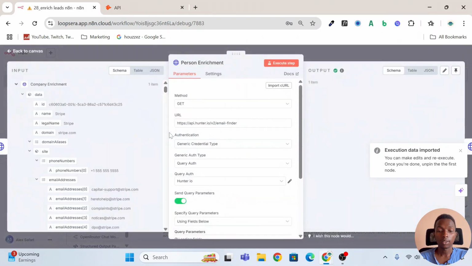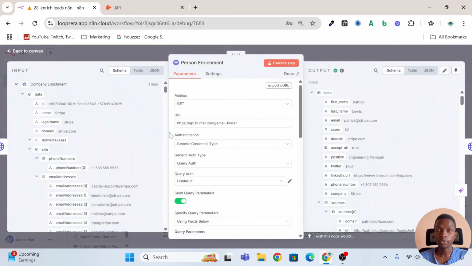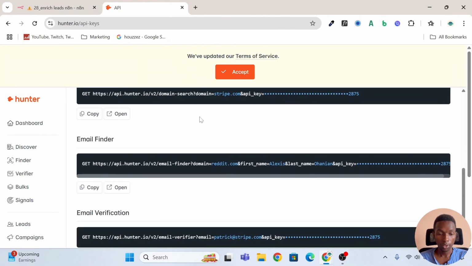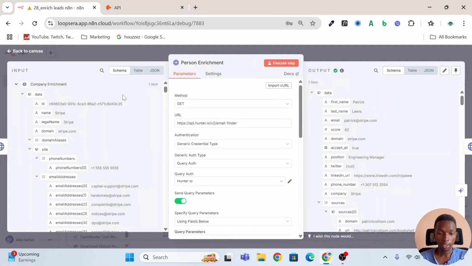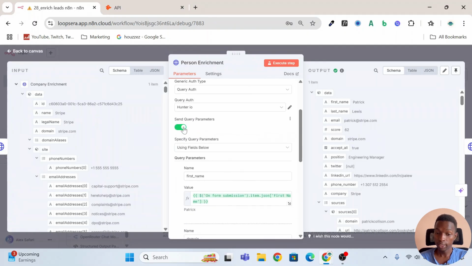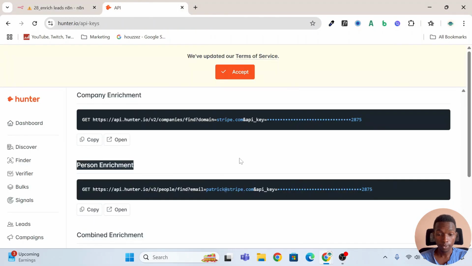Next, we've got the person enrichment. So we need to enrich the lead. So we need to find their contact details, their position, which department they work in. And for this, we use this endpoint right here, person enrichment, and the operation is get the URL. So the endpoint is the email finder, and we added our authentication that we just created, and we are sending query parameters. And if we look at the